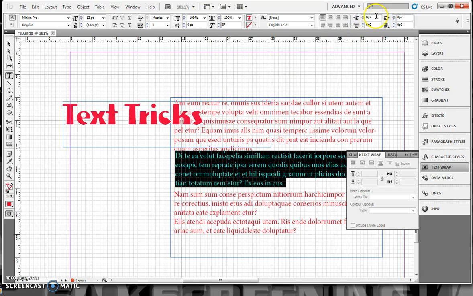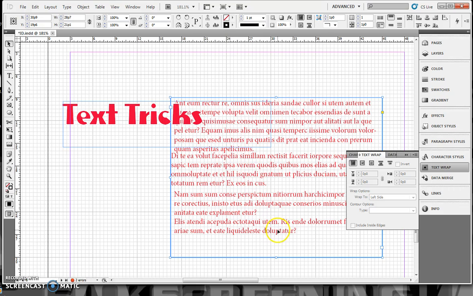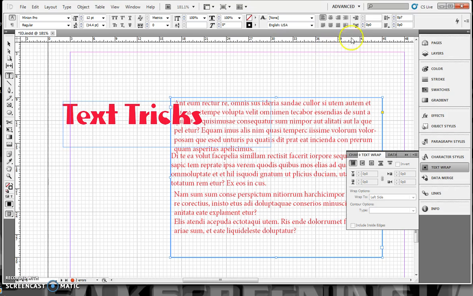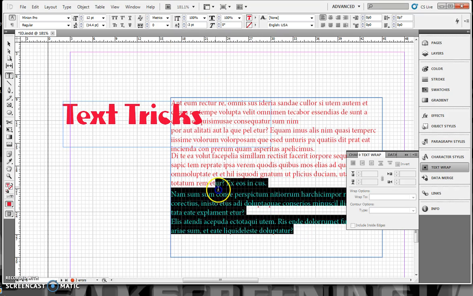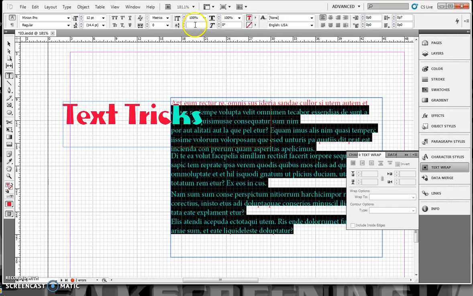What I can do is, if these settings are 0 and my baseline shift is 0 as well, I'm going to go back to my box and take my text tool. I'm going to clear those to make sure it's all consistent, because that's the danger of using a paragraph based modification, that you won't be consistent as you go through and you wonder why things are not lining up properly. So if I go in here, you can see my baseline shift is